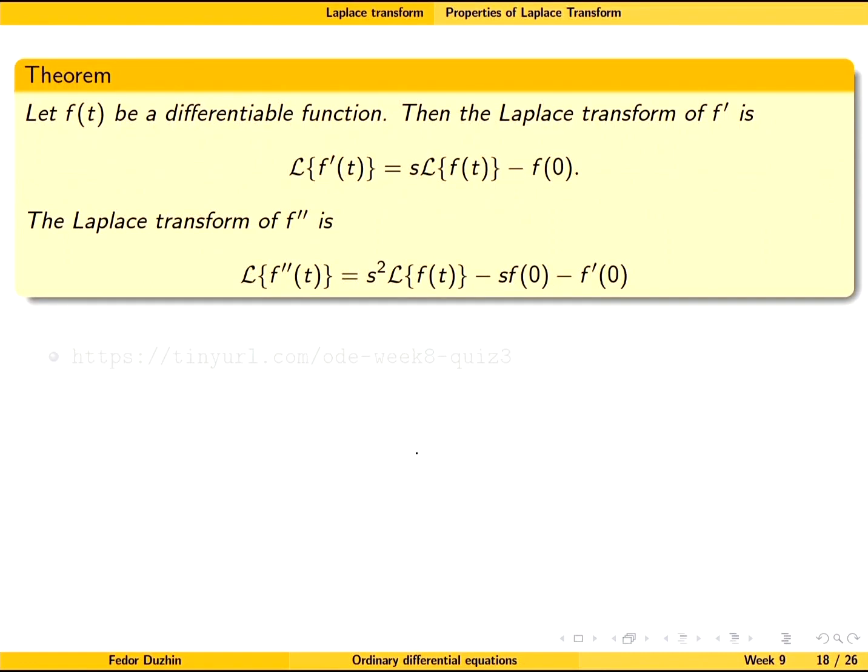So here is another little theorem for you. This is a very important property of the Laplace transform. I could prove it, but I